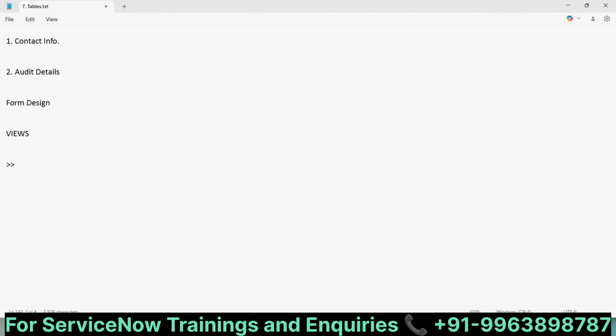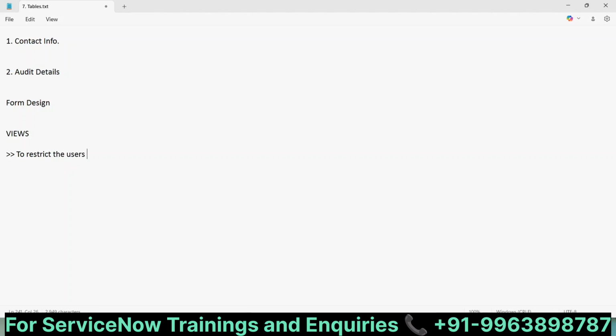In the same way, we have the views concept in ServiceNow tables, which allows users different perspective views. Like we have the managers view, the team leads view, the board members view, the associate view, the end user view. Different users, different views come under different perspectives. Okay, we'll create some different views here and show you how the views will be. Okay, views are nothing but